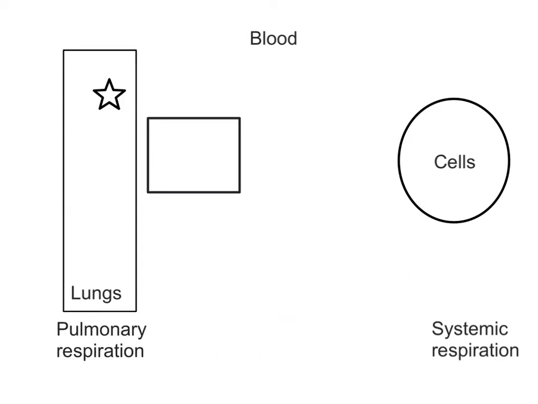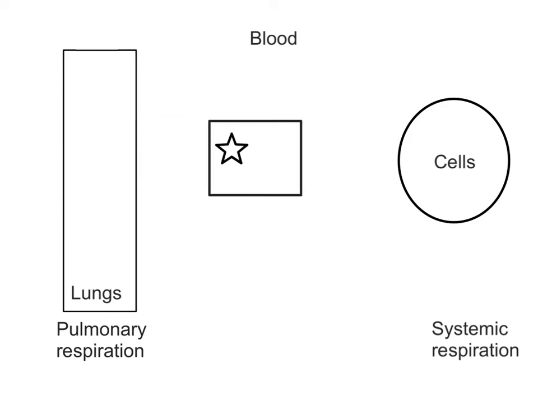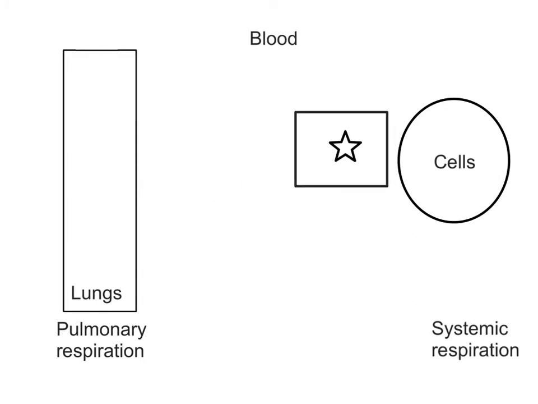Pulmonary respiration. The partial pressure of oxygen is going to be relatively high in the alveoli, so it will diffuse down its gradient into the blood, at which point the hemoglobin molecule will pick up that oxygen and transport it to the cells. At this point, hemoglobin will then drop off or release the oxygen, and during systemic respiration, there's going to be a higher partial pressure of oxygen outside of the cells compared to inside, and the oxygen will diffuse into the cells. At which point cellular respiration occurs, the cells will produce CO2, and although I'm not showing